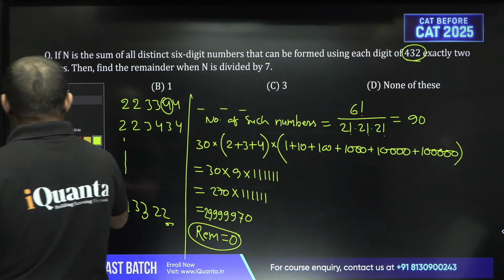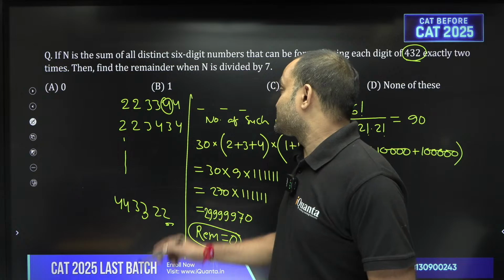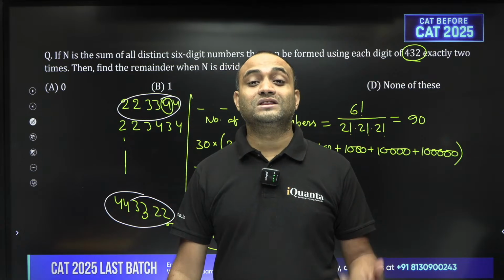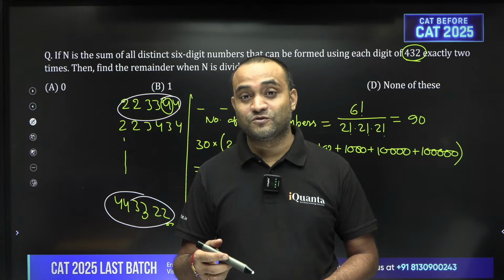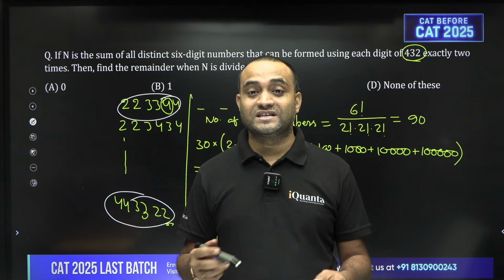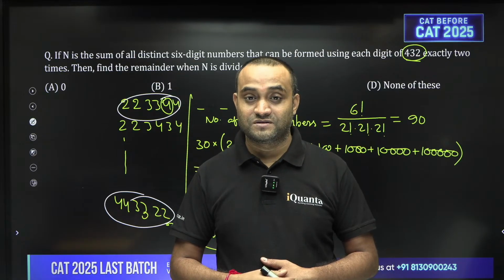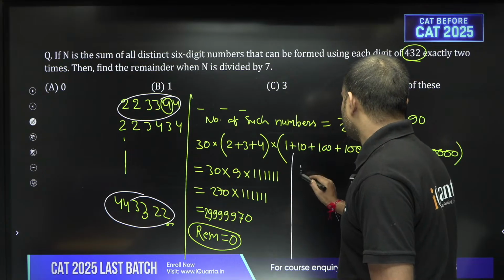See, there are 90 numbers, right? The smallest number will be this, the greatest number will be this, and all the digits will be used in cyclicity. What does that mean? It means every digit will be used an equal number of times. So you can directly find the sum. Total